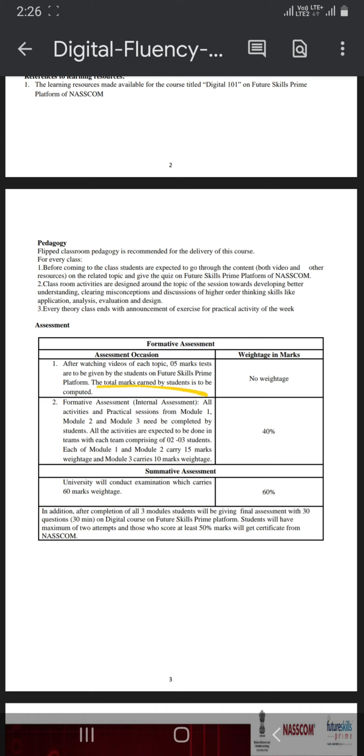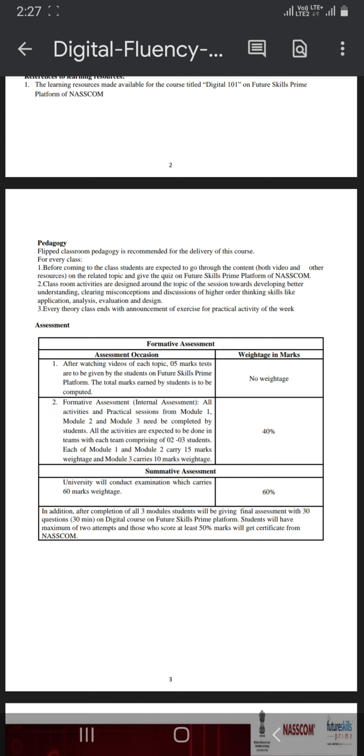In internal assessment, all activities and practical sessions for Module 1, Module 2, and Module 3 need to be completed by the student. All the activities are expected to be done in teams, with each team comprising 2 to 3 students. Module 1 and Module 2 carry 15 marks weightage each, and Module 3 carries 10 marks.